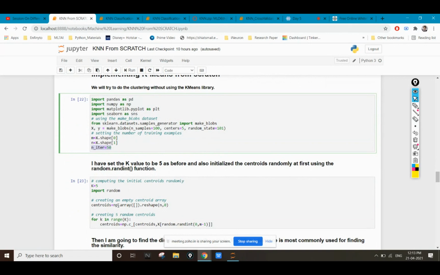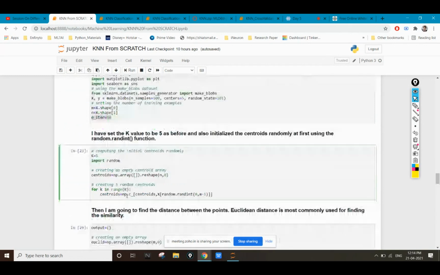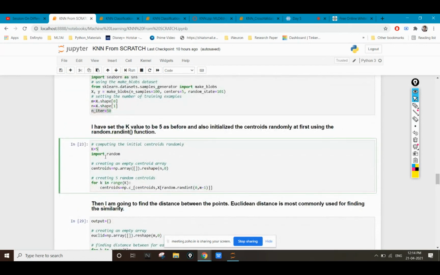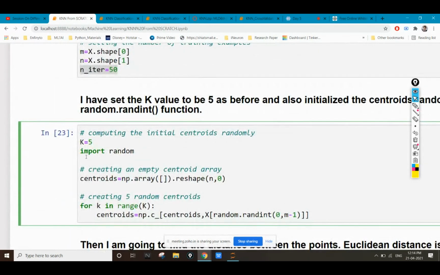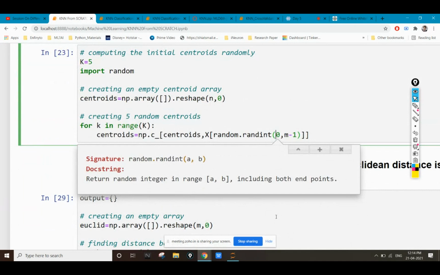Now let's set the value of k, which is very important. So I'm setting the value of k equal to 5, and now I'm placing the centroid points at random positions. For that, I'm importing the random module, and with the random module I'm using the function random.randint. If you press shift and tab on random.randint, you will see that you get a random value between a and b.